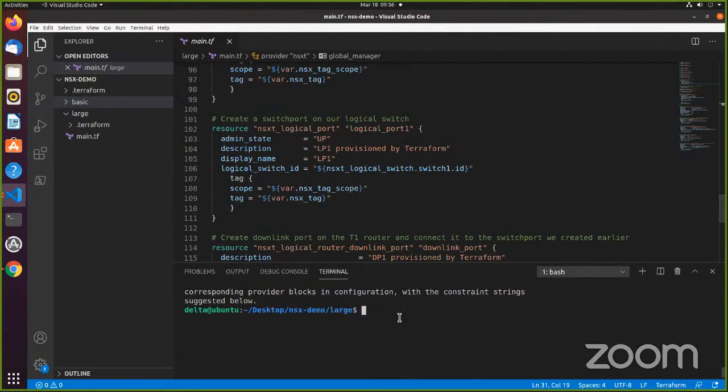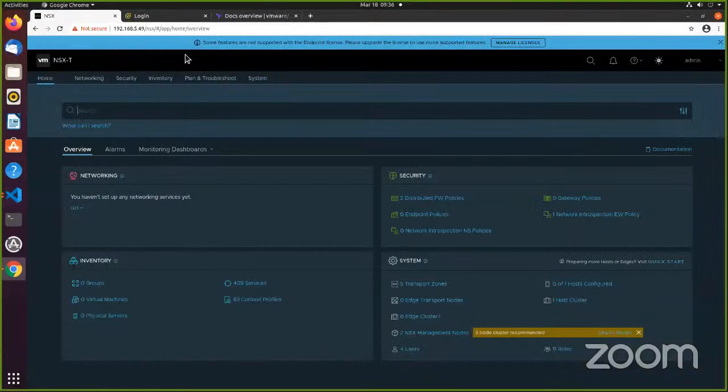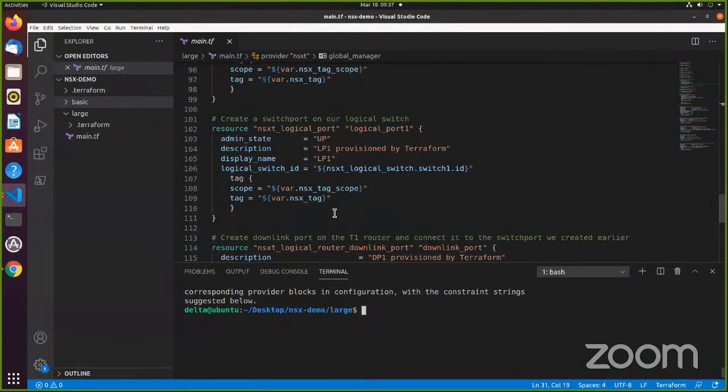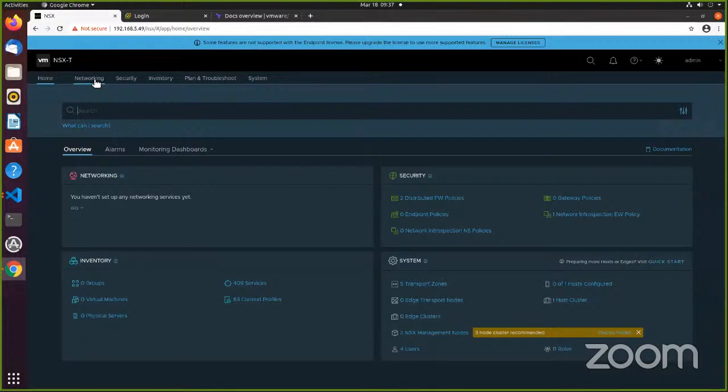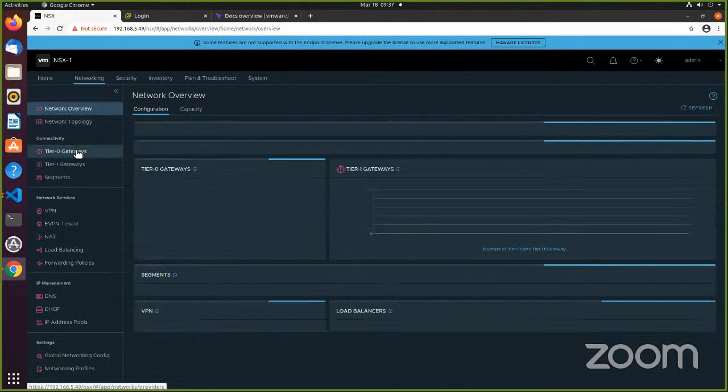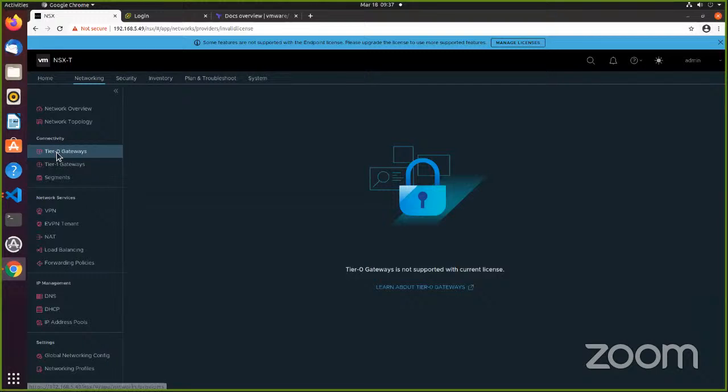Just like I had mentioned earlier, NSX is a licensed product, and for the purposes of this presentation, I used an evaluation copy of it. So most of the components that I have written in my code will not be able to be created because I haven't provided a license for it. For example, let me just show you. I cannot create tier 0 gateways, tier 1,